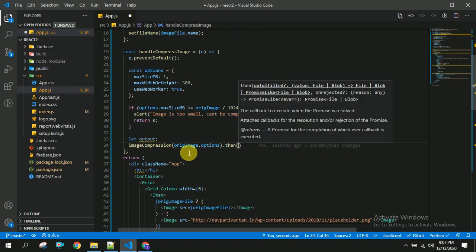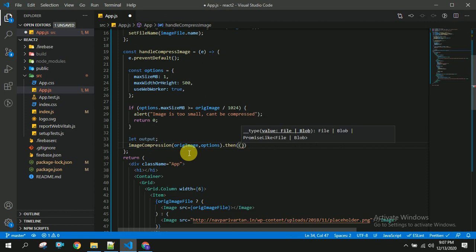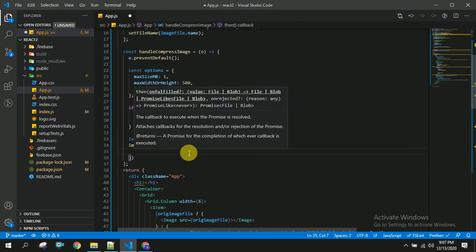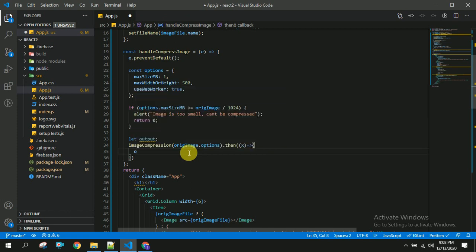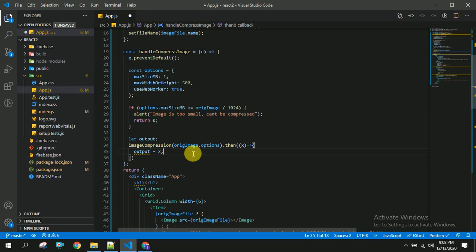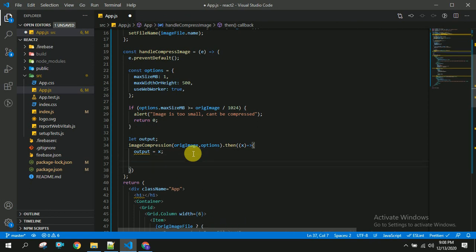Then once we compress the image we will be getting that, and we are going to copy this data to our output. You can place this as data as well. So once this is done I am going to create a link or file, you can say.